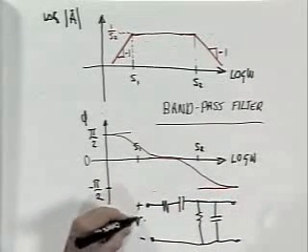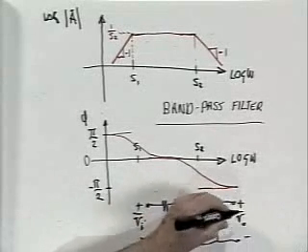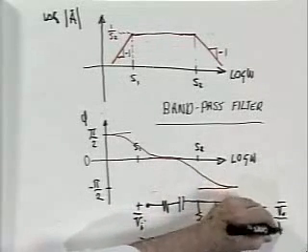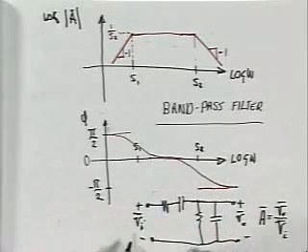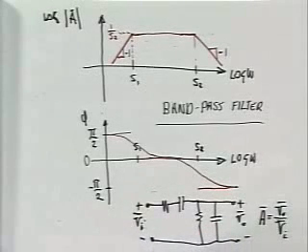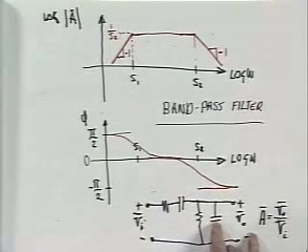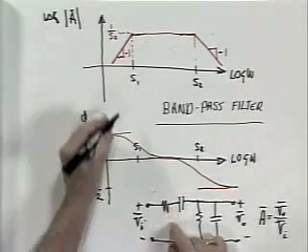Where this is the input voltage, V sub I, this is the output voltage, V sub O, and A is just V sub O over V sub I. If I choose these four parameters properly, at low frequencies, this capacitor looks like an open circuit. Its impedance goes as 1 over omega, so as omega gets smaller and smaller, this impedance gets larger and larger. Likewise, this impedance gets larger and larger, and it is that growing impedance which causes this thing to fall off